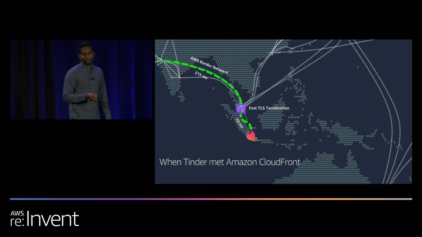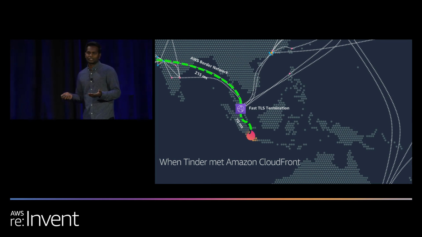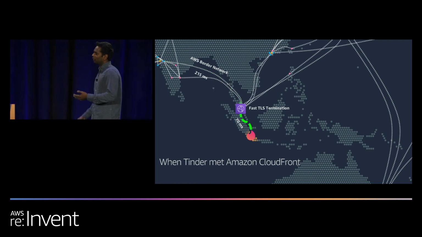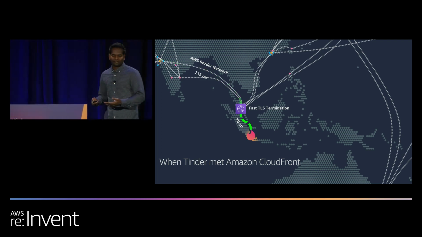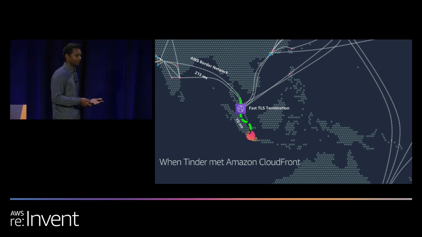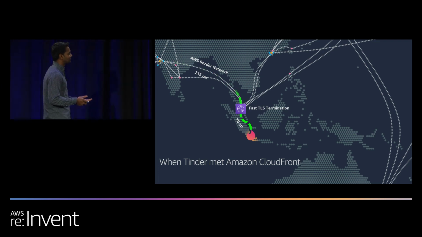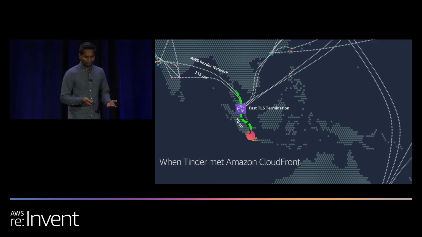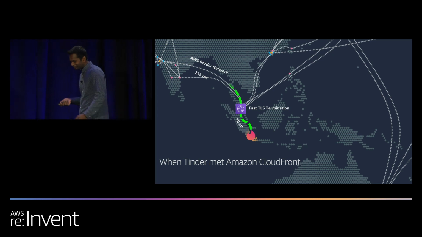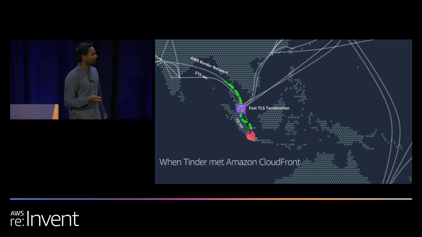we sent it via our backbone network, and we were able to reach US East 1 from Singapore within 215 milliseconds. So the overall round-trip time reduced from like 500 milliseconds to like 285 milliseconds, which is about 40% savings in the latency right there. So if you love lower latency or you love getting your data faster, get matched with CloudFront. We're just a swipe away.